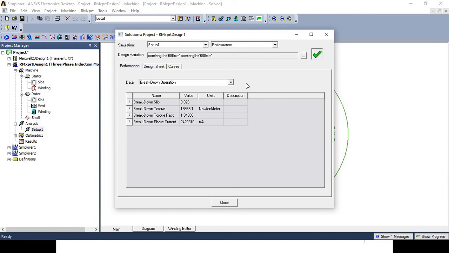And once you get the required performance in the output, you can finalize your design.